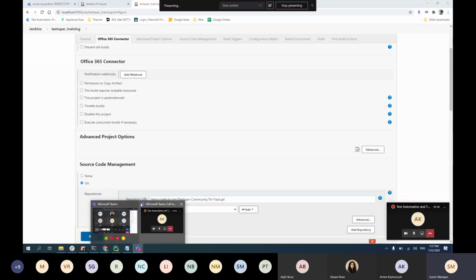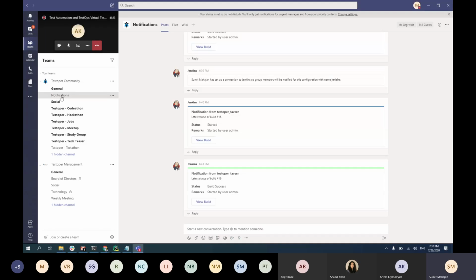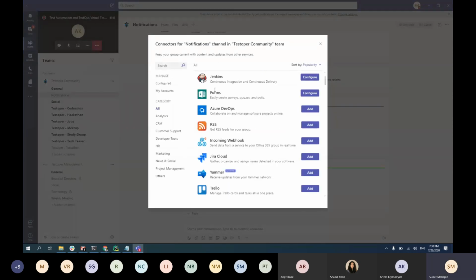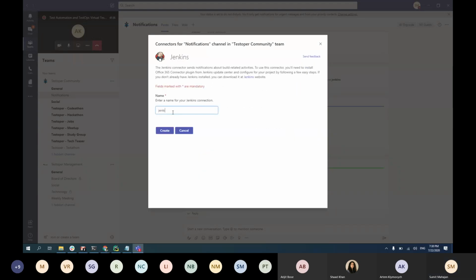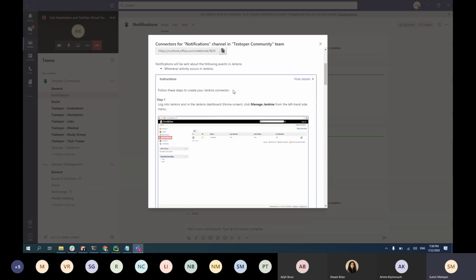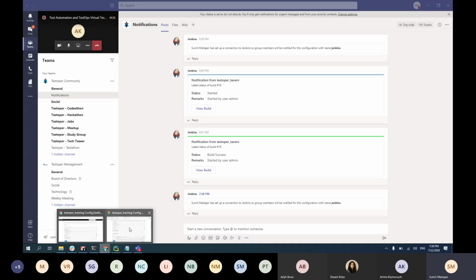So what I'm going to do is create a connector in the Teams app. So I go to the Teams app. I created a channel called notifications. I go here. I'll click on connectors. Once I click on connectors, there should be a connector for Jenkins. I need to configure it. I will enter a name. I'll create that connector. What it will do is give me a webhook URL, which I can use. So once I copy this,